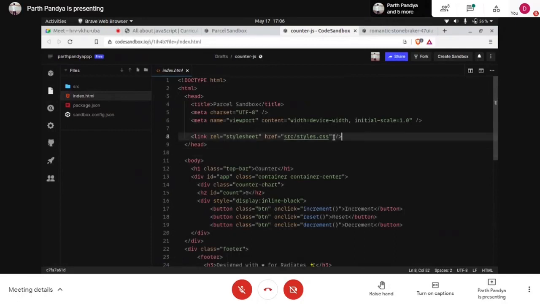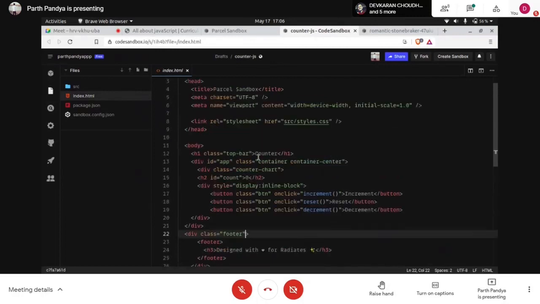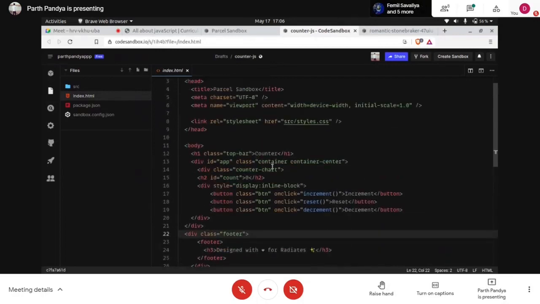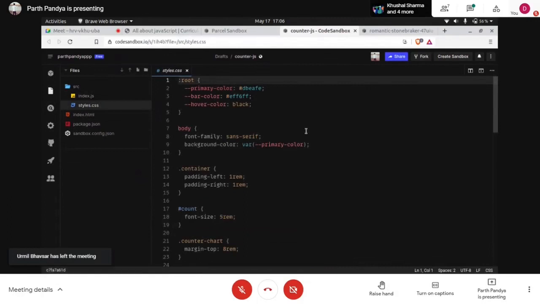We have linked this CSS file. We have added some CSS to design this HTML, and we have this div. We have used HTML buttons, divs, headings and buttons. These things we have used, and we have defined a CSS file which looks like this. Good.